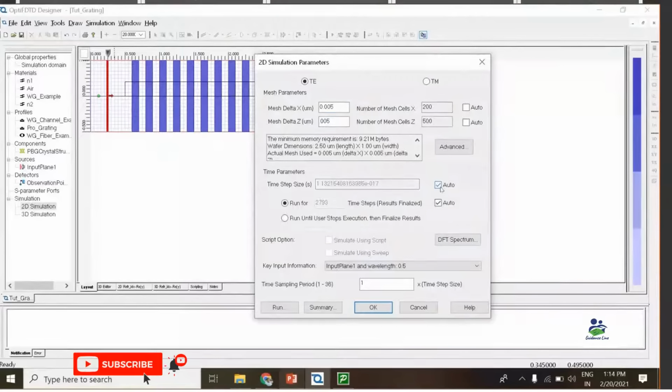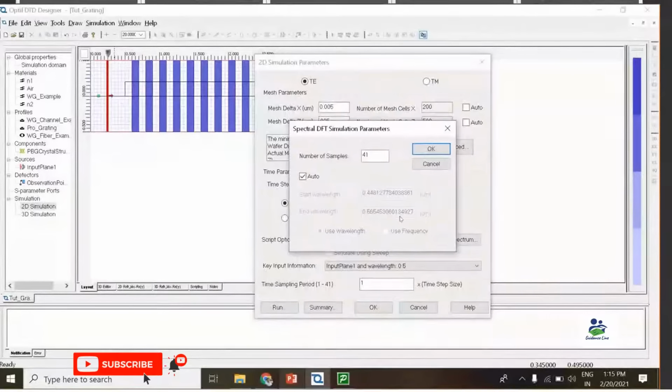Now I am making the simulation run. First I click on auto and then remove all those things, making it a round-off value, and then run the simulation for a sufficient number of times so that all the electric field would get decayed. By default it is selecting 3.54. Now I am making it 30,000, so that it gets sufficient time to decay all the values.